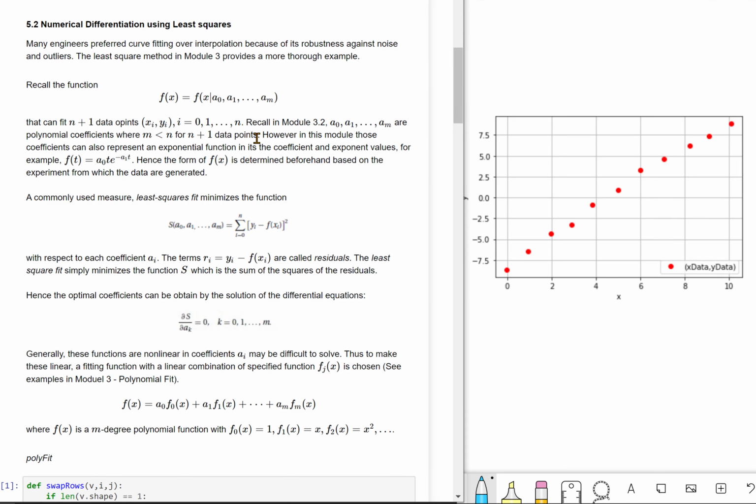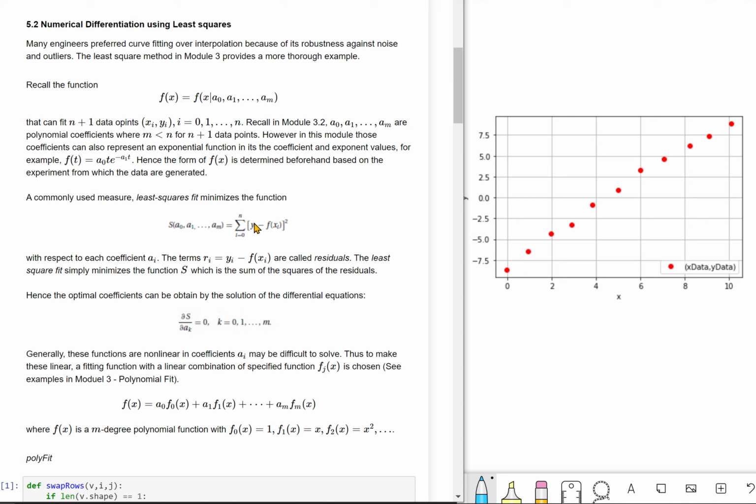These values here are polynomial coefficients. In Module 3 we discussed the line, quadratic, and second order functions to understand these polynomial coefficients. However, in this module, those coefficients can also represent an exponential function. Hence the form of f of x is determined beforehand, based on the experiment for which the data is generated. So we have this fit. Basically we have the data points,